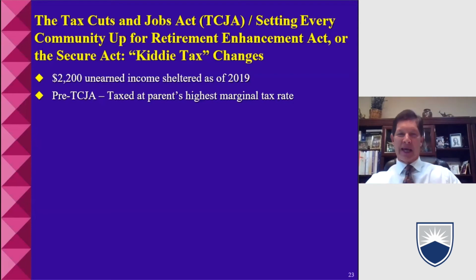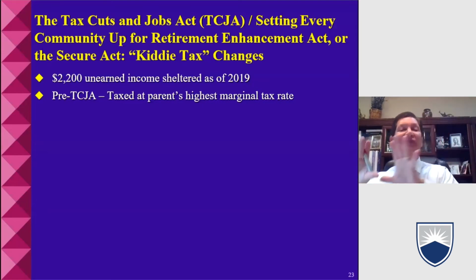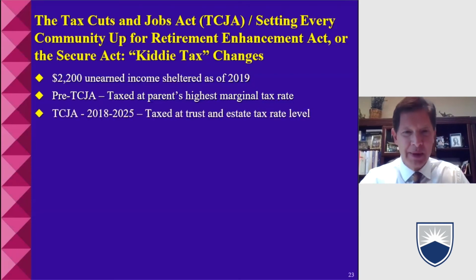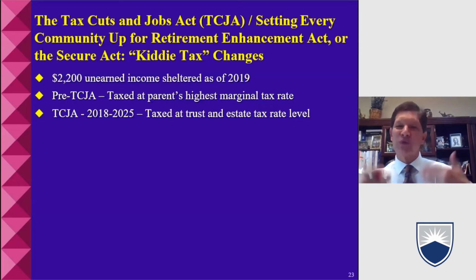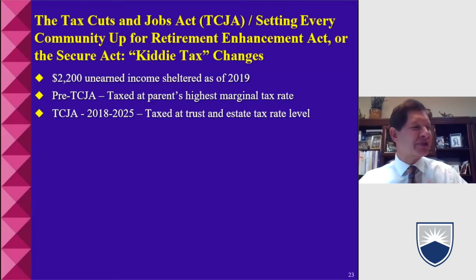Pre-Tax Cuts and Jobs Act, to the extent the net unearned income exceeded $2,200, remember there was a parental tax based on the parent's highest marginal tax rate. The Tax Cuts and Jobs Act, in an effort to make this an easier process, said, you know what? If that child has more than $2,200 of unearned income, to the extent their unearned income exceeds $2,200, it's going to be taxed at trust and estate tax rates,